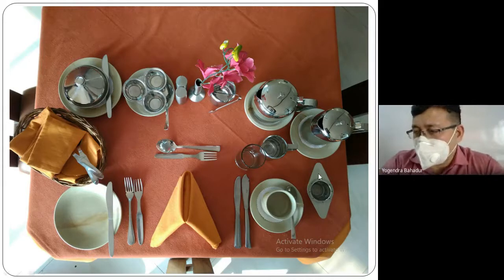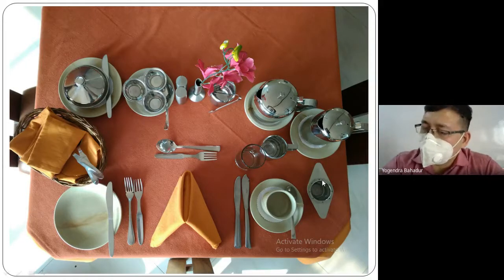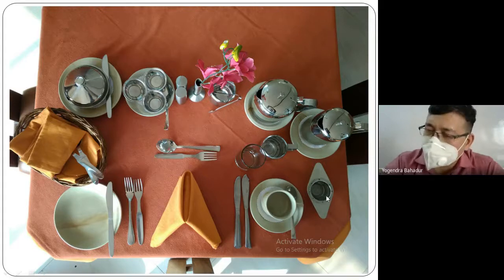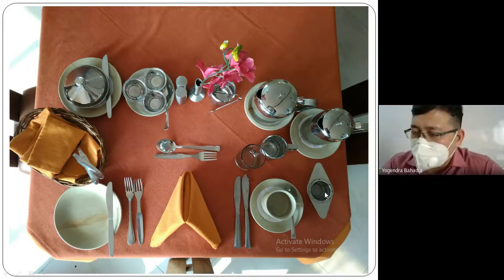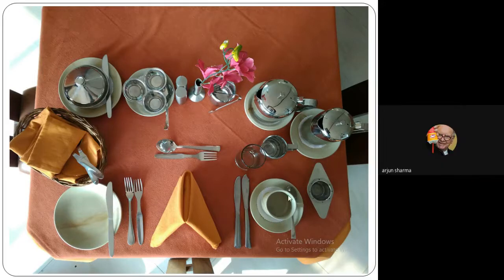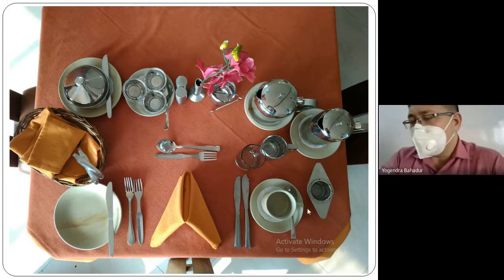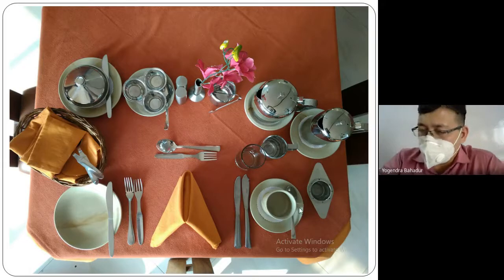Next, on the right hand side, we find the tea strainer. Obviously, if the guest is going to ask for tea, we will have to provide a tea strainer. Under this tea strainer, there will be a slop basin. That is the base of this tea strainer. So just next to the cup, we have the tea strainer with slop basin. Slop basin, S-L-O-P, B-A-S-I-N. The slop basin is the base on which you place your tea strainer.